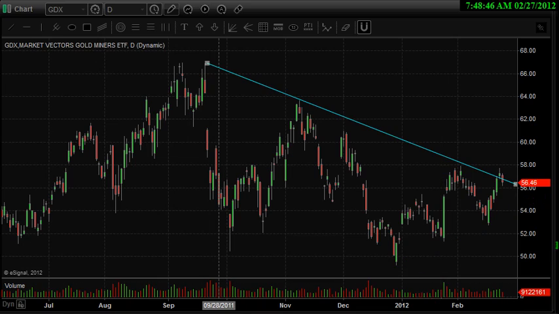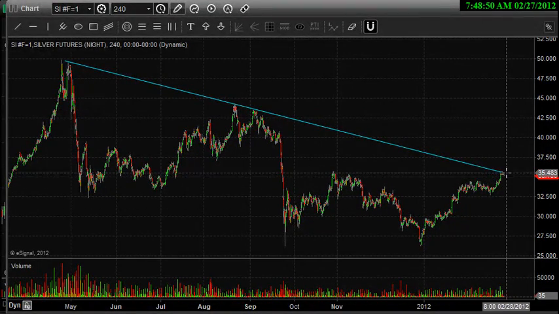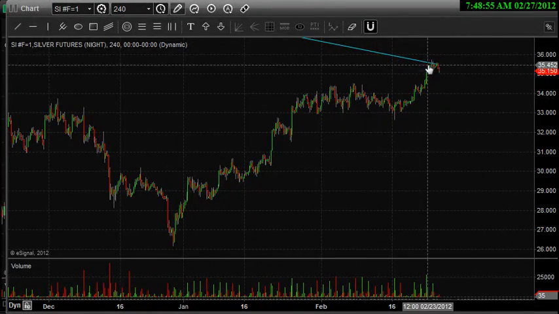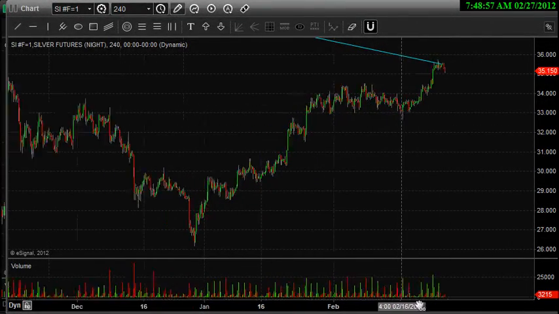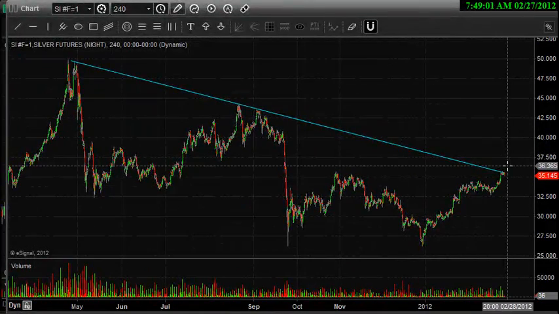Now, looking at the silver chart, you can see we're trading below that key resistance level. We pretty much came up and touched it last week, and we just put on the brakes right at that level. It has yet to really break it. It's very close. And with a little more weakness in the US dollar, we're going to see silver probably blast